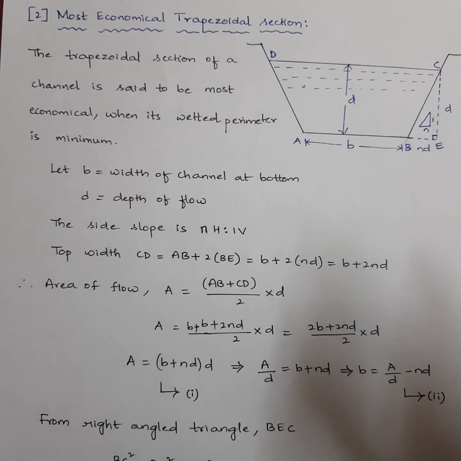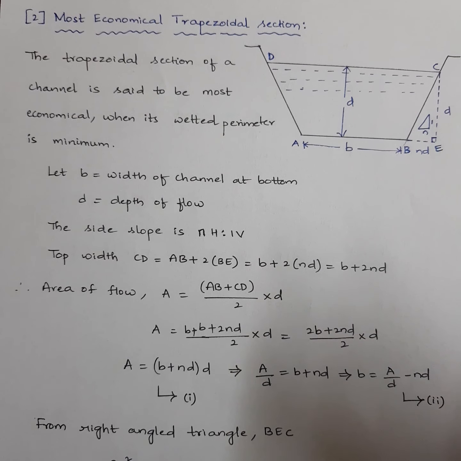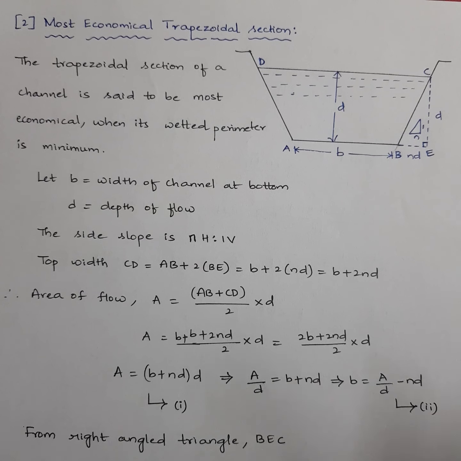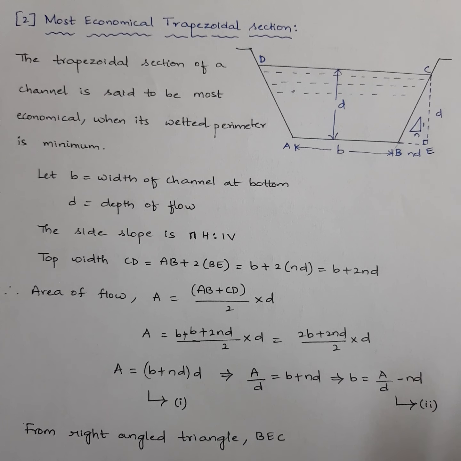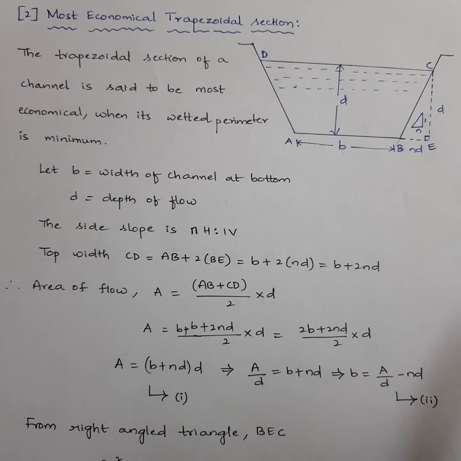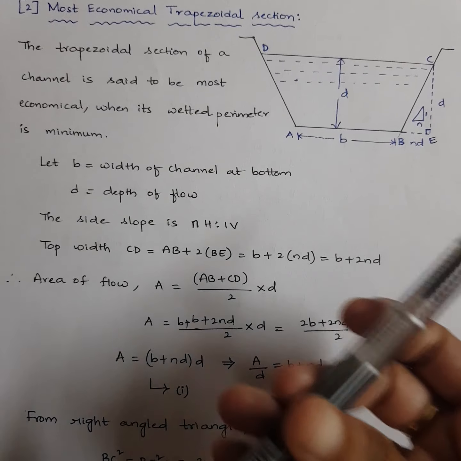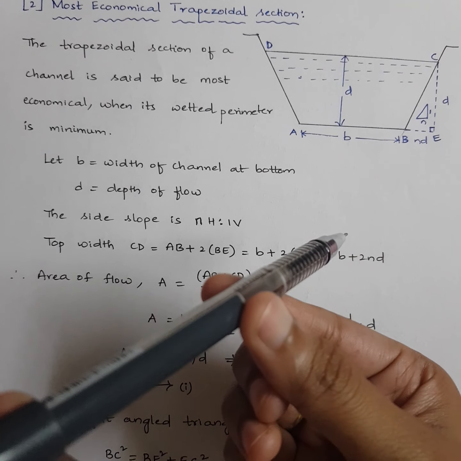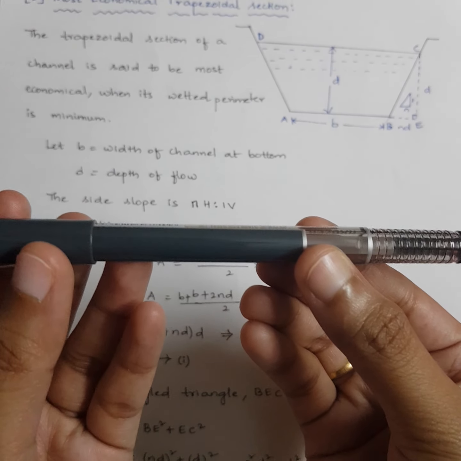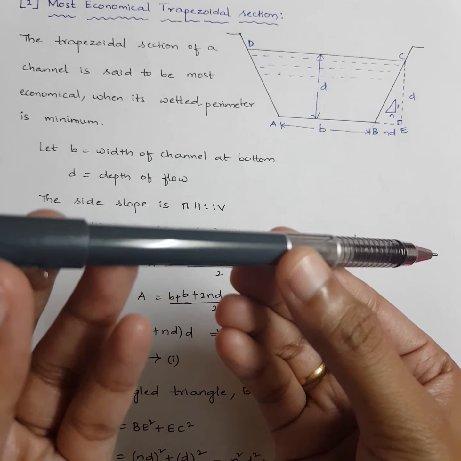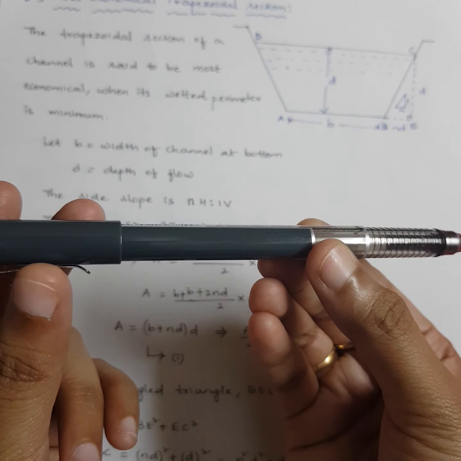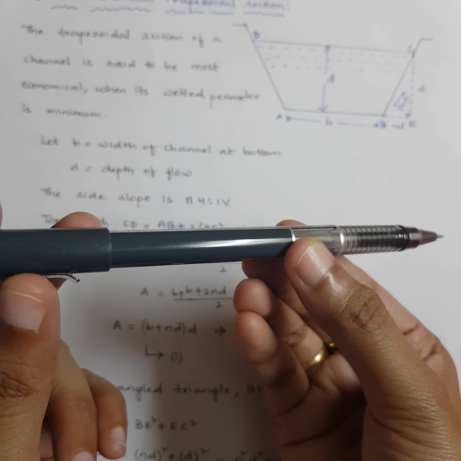Now remember, when you are doing trapezoidal channels or trapezoidal sections, you will get another important slope called side slope. When you are doing a rectangular channel or circular channel, you will have only the bed slope of the channel. Means, if this is your channel, with how much slope your channel is laid for the water to flow. If it is horizontal, water will not flow under gravity. You have to provide a slope like this so that water will flow along the slope. So whatever you write as i, that is your bed slope of the channel.